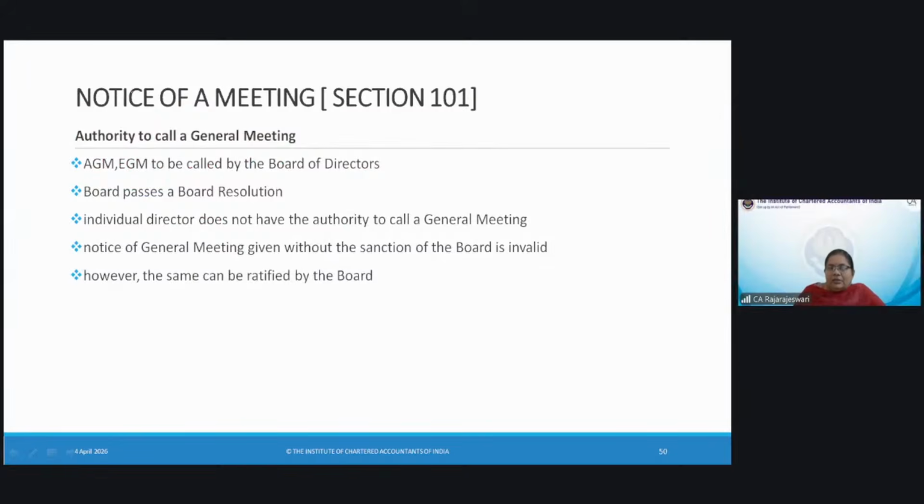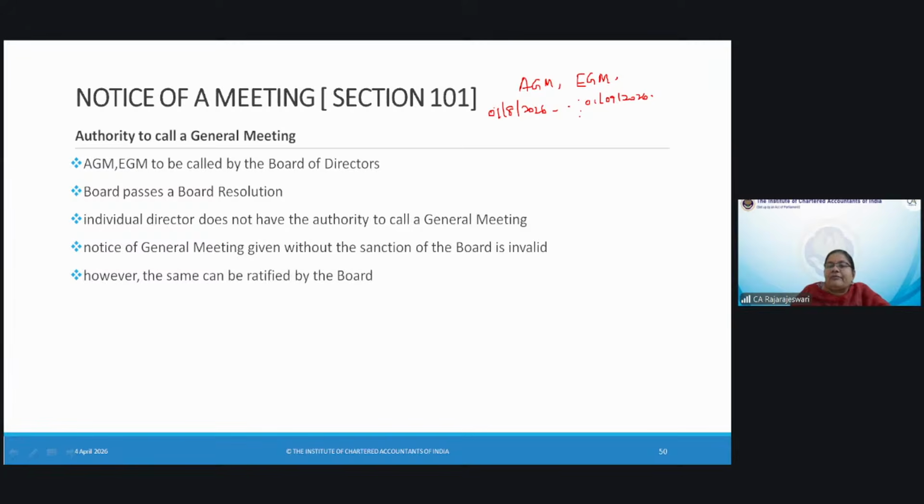So, notice of a meeting. Who can call a general meeting? We will be seeing the rules one by one. So, notice to AGM or notice to EGM can be done by the board of directors. The board passes a board resolution. So they will hold the board meeting and they will pass a resolution stating that, say on 1st August, there is a board meeting. So they will say, resolved that an annual general meeting will be held on 1st September